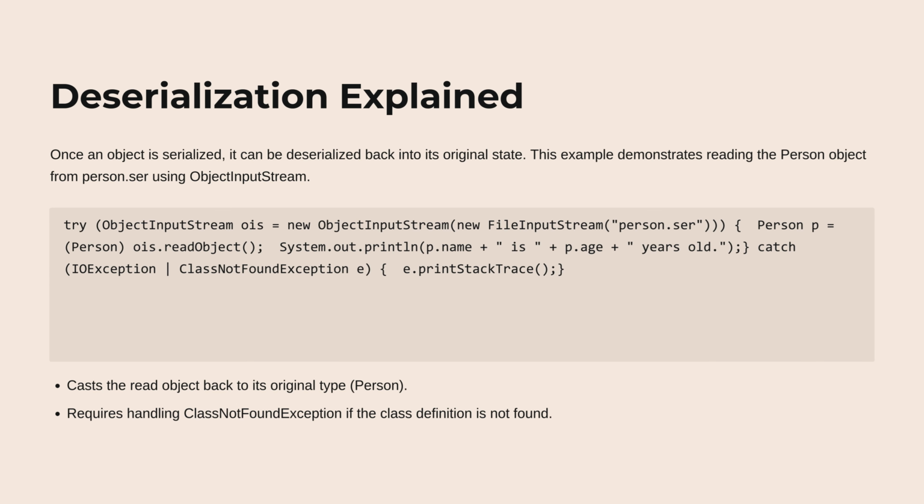Deserialization explained. Once an object is serialized, it can be deserialized back into its original state. This example demonstrates reading the Person object from person.ser using ObjectInputStream. try (ObjectInputStream ois = new ObjectInputStream(new FileInputStream("person.ser"))) { Person p = (Person) ois.readObject(); System.out.println(p.name + " is " + p.age + " years old");